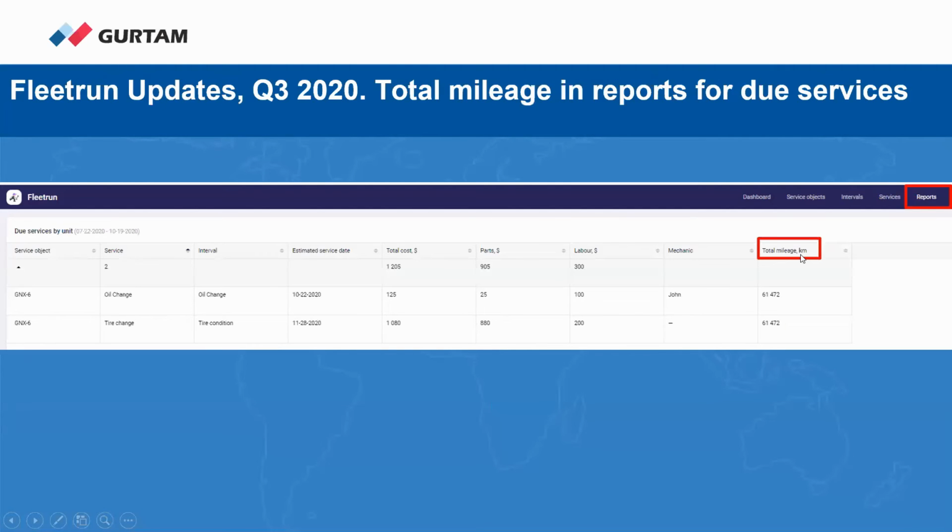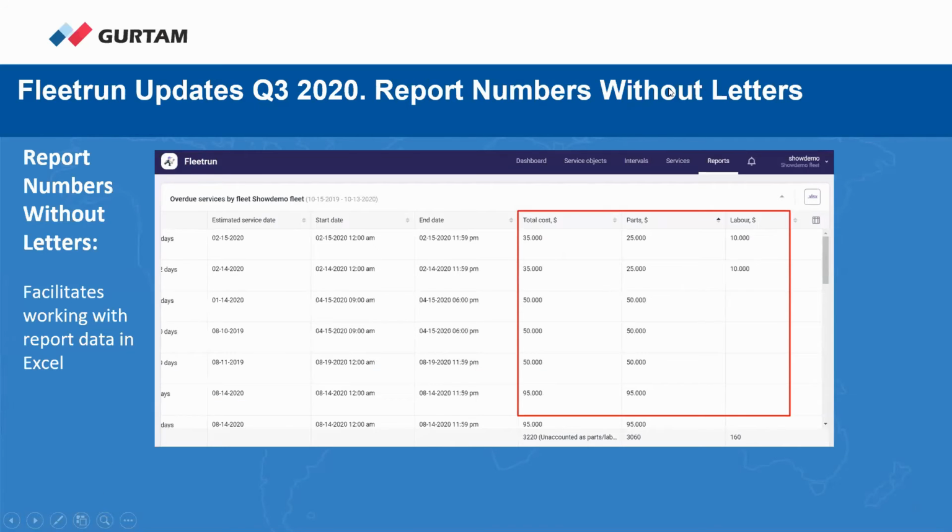Total mileage. So it's the value from the time when the vehicle was manufactured to the time of report execution. Just keep in mind, if the value is unknown, a dash will be displayed. And also coming to the report, report numbers without letters. When you execute the report,